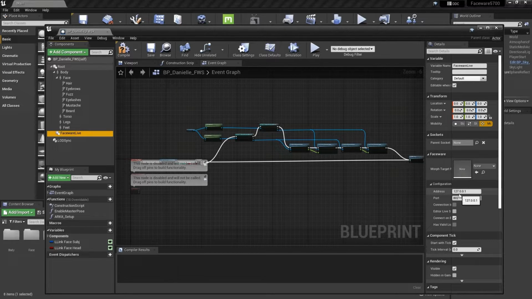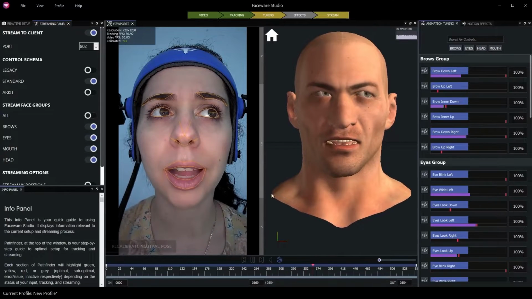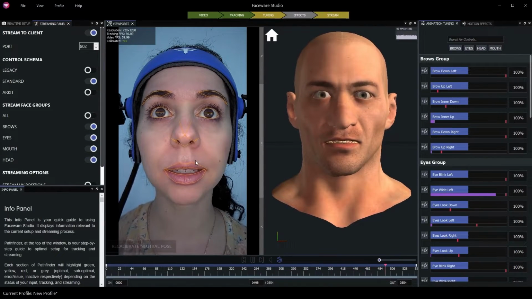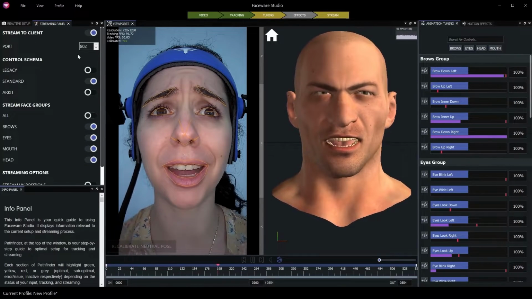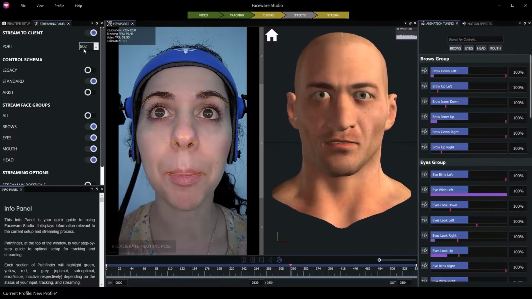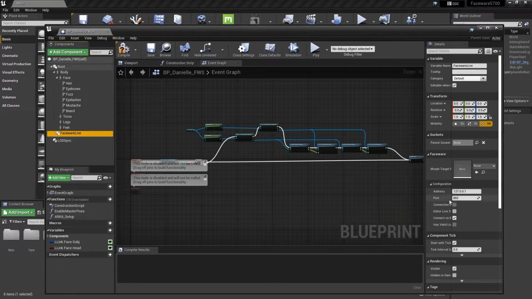In this case, 127.0.0.1. This is the universal IP address for the current computer that we're working on. And indeed, Faceware Studio is running on this computer. I can use Control-Tab to go back to my Faceware Studio window and see that it is running, it is tracking and streaming the data, and in the streaming port we can verify that we're streaming out port 802. Control-Tab back to Unreal Engine, and we see that port 802 is configured, so we're all set for this particular